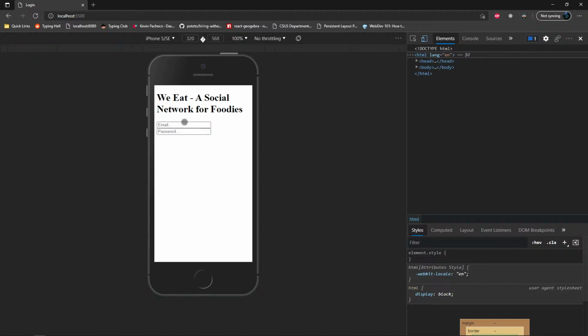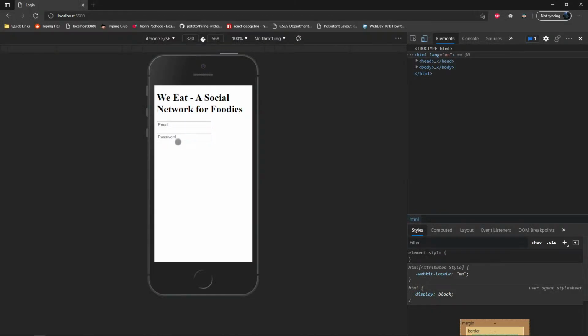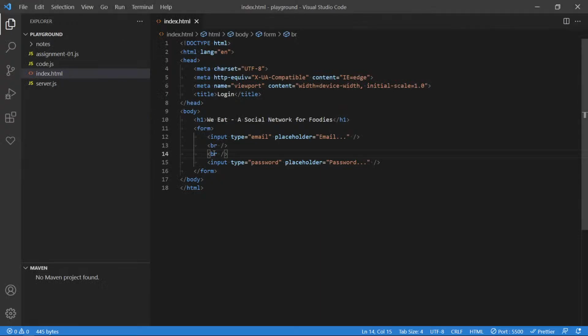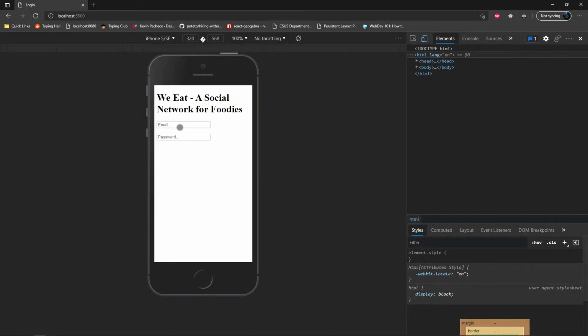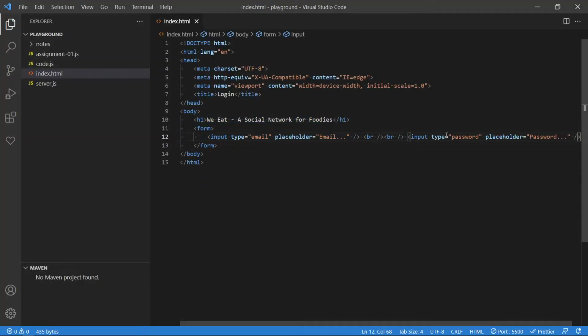So these are pretty close. So one option, again, we don't have any CSS yet, no magic yet. One thing you can do is add another BR. Okay, so now you have, oh, there's some spacing there. Now, do these have to be stacked like this? No, you can stack them like this. It has the same effect. You could even write your code like this, and it absolutely does not care